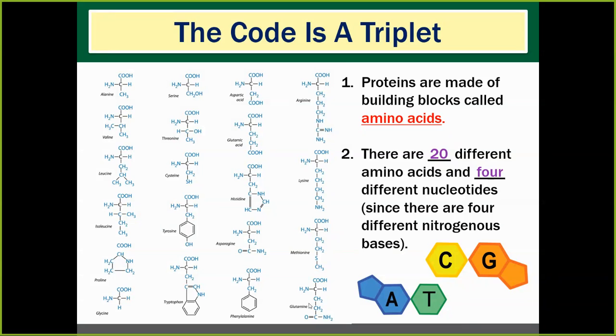Just like you have twins, those are 2 babies born at the same time, and triplets are 3 babies born at the same time. Well, a triplet code is a 3-sequence of DNA nitrogen bases that will code for a specific amino acid. Remember, going back to macromolecules, which was a million years ago, amino acids are the building blocks of proteins. So what DNA really does is it says, hey, we need